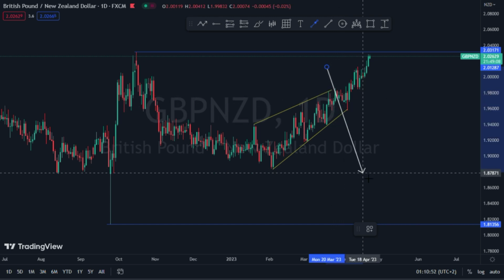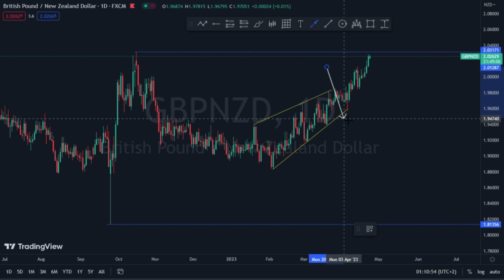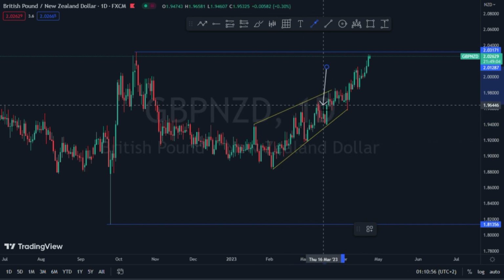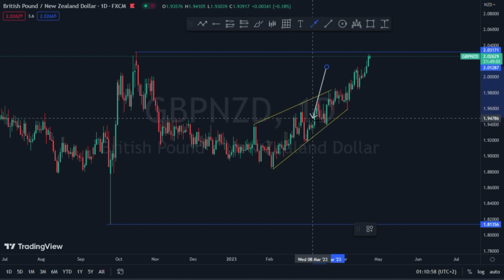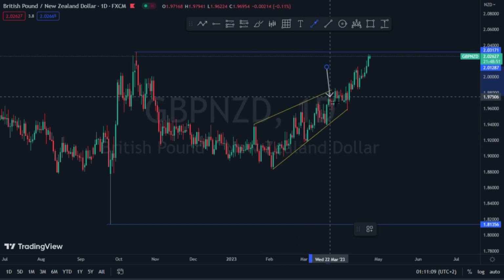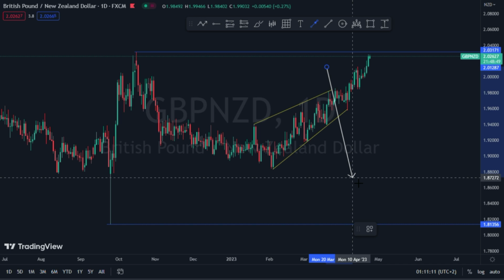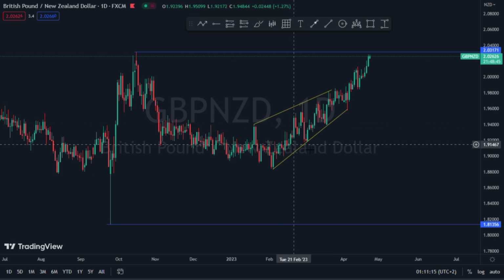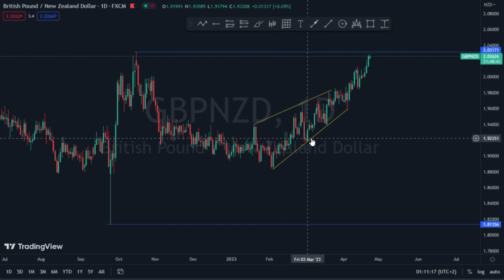downside. My prediction was based on this structure that we have right here, which is an ascending structure. As I always say, an ascending structure in the market represents a continuation pattern to the downside. But I knew that anything could happen to this market. I knew that the market might just go against me